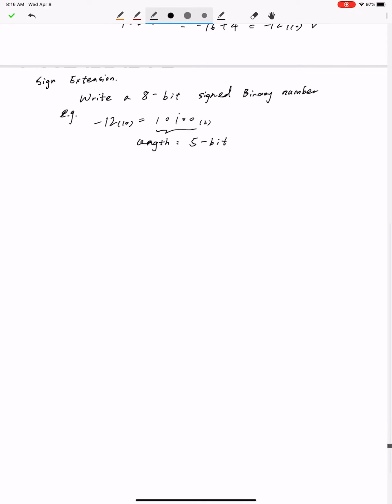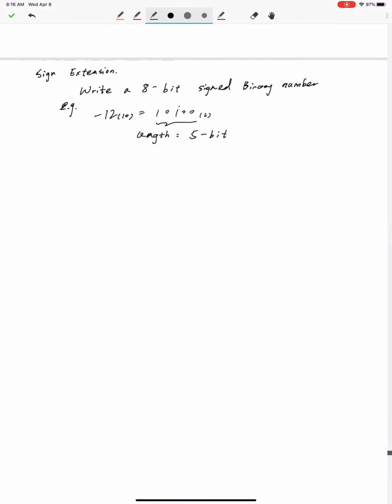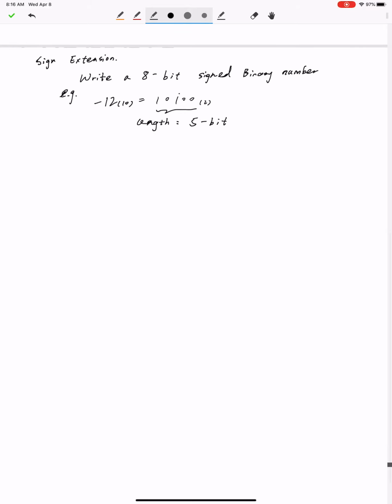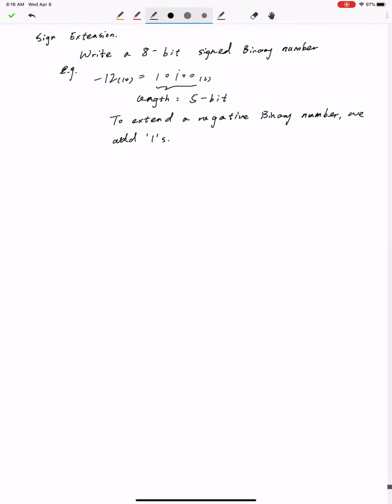If the question asks you to write an 8-bit signed binary number, then we just need to extend a negative binary number. We add ones. So what does that mean? That means if you want to write minus 12 in 8-bit,